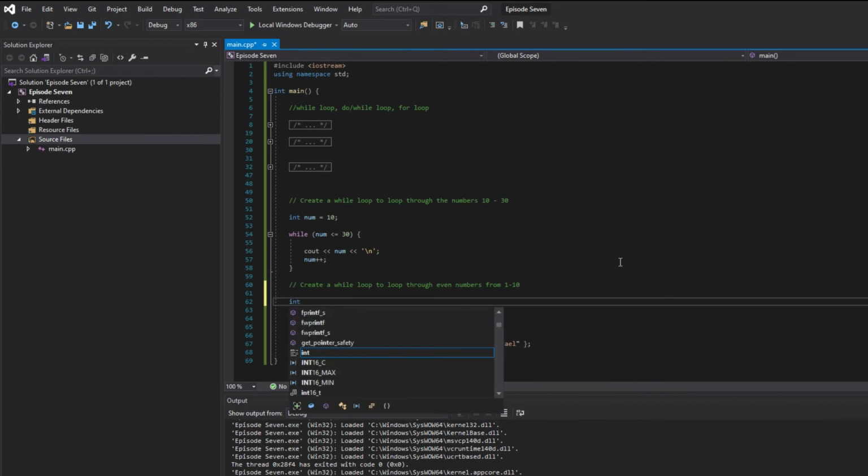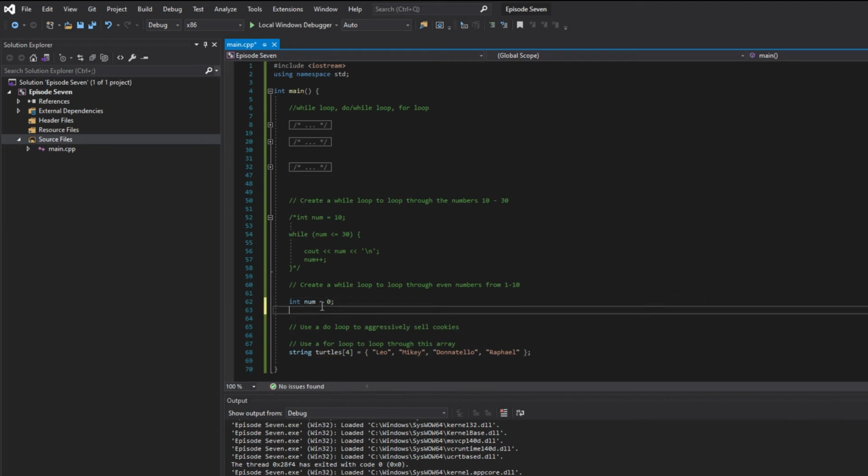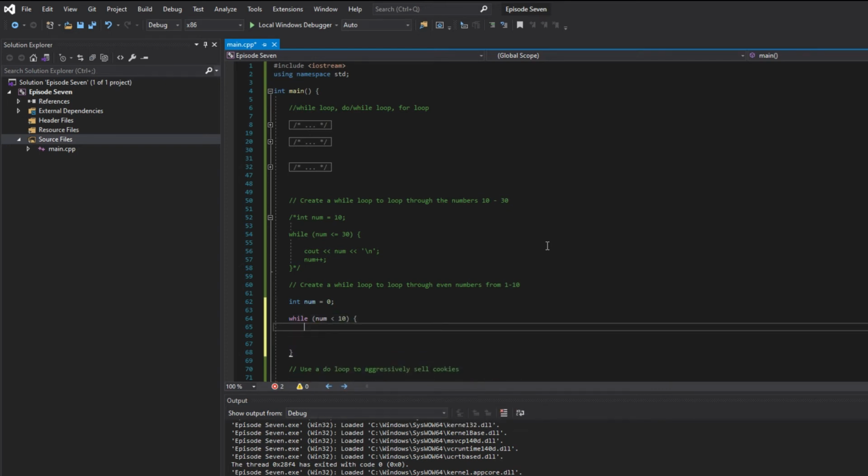So same thing. We'll create an even number. We'll go ahead and comment this out, because I can't think of any other number apparently, or any other name. So how are we going to do this? Well, we're going to use a while statement, and then while num is less than 10, and I want to go ahead and put an if right away. So if num modulus 2 is equal to 0,